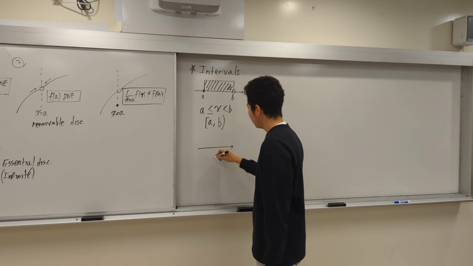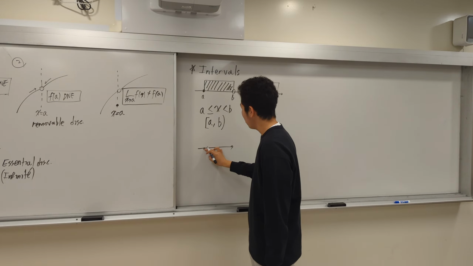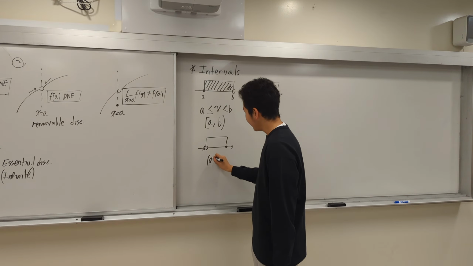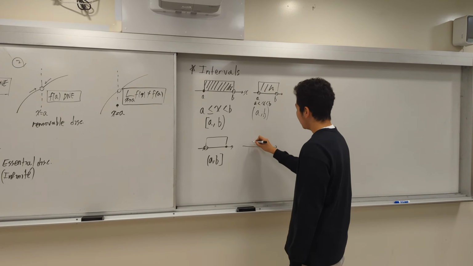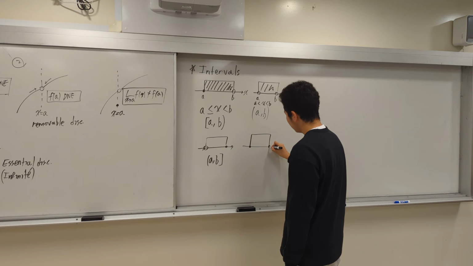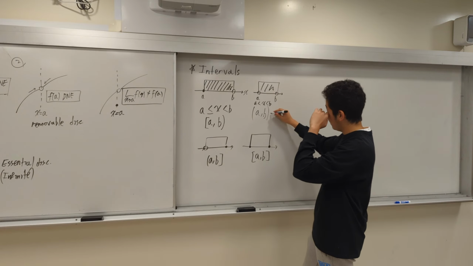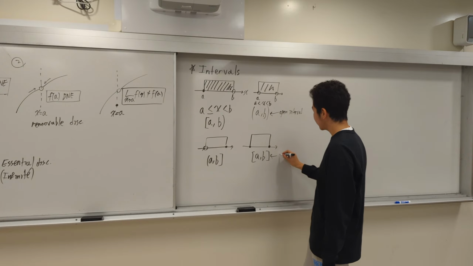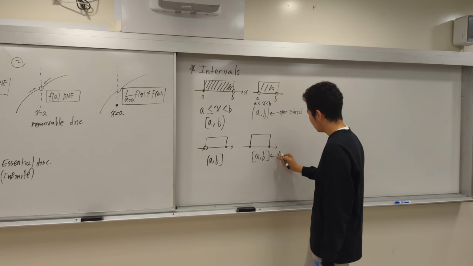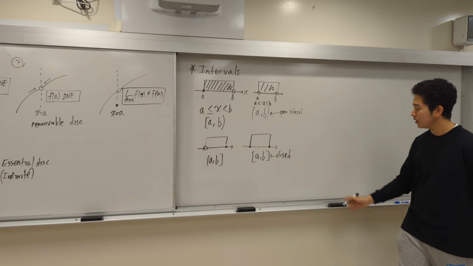How about, let's say, open on this side and closed on this side? Then we would do what? a comma b, like that, right? And closed on both sides would be both in square brackets. Now, we have a special name for this. It's called an open interval when both sides are open. And this is called a closed interval when both sides are closed, like that. Okay,